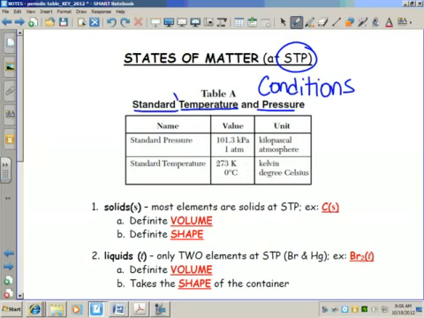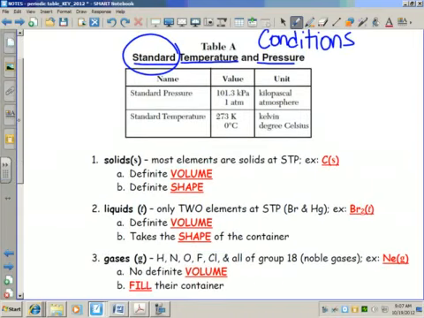The reason that we have a standard temperature and pressure is so that people in China could carry out a chemical reaction, an experiment, and publish their results. Say everything was conducted at STP. Someone in America can perform the same trial, the same experiment, know the conditions at STP, replicate that experiment, and then either confirm or contradict it. But again, the fact that both experiments were conducted under standard conditions, the same conditions, means the results can be